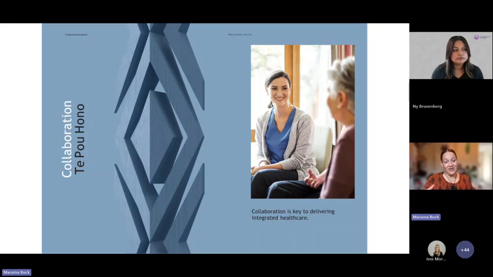And the Collaborative Aotearoa have a variety of tools and resources already that you can use to explore how to collaborate with people and organisations within your community. So, for example, the Kia Kotahi partnership model is a really great resource to use if you're just starting to engage in the journey of collaboration.